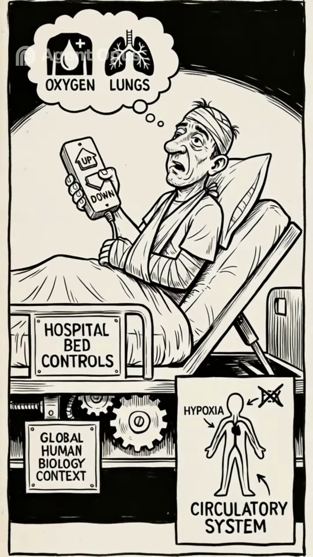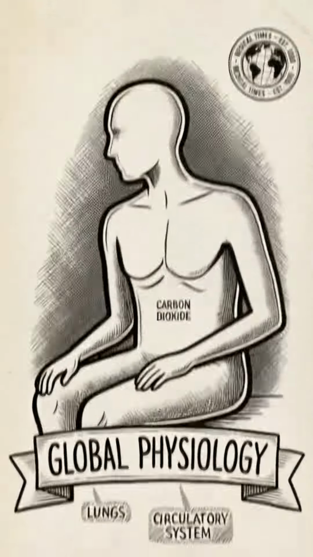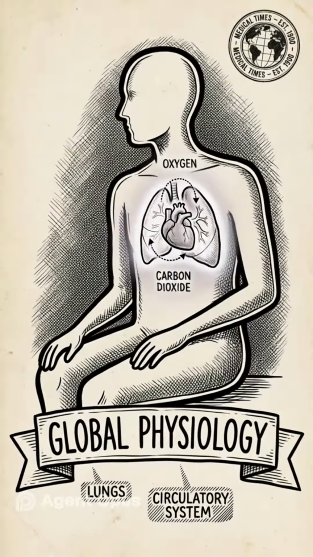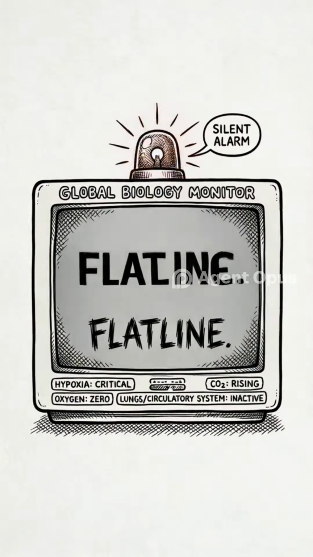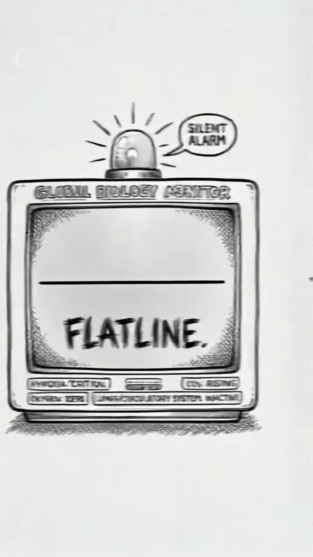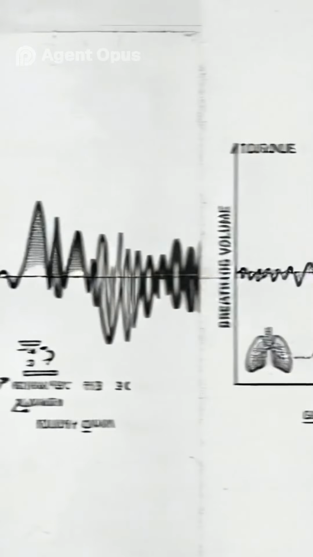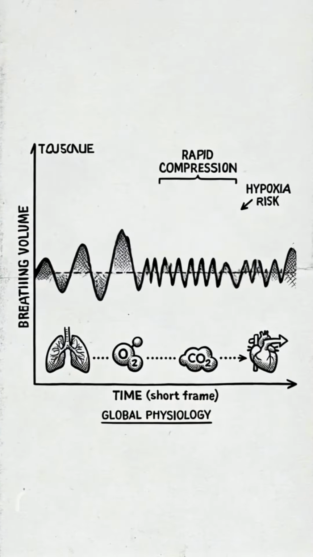Orthopnea is dyspnea that occurs when lying down, improving when sitting or standing upright, and is seen in conditions like heart failure or asthma. Respiratory arrest is the permanent cessation of breathing without medical intervention. And finally, tachypnea is simply accelerated respiration,